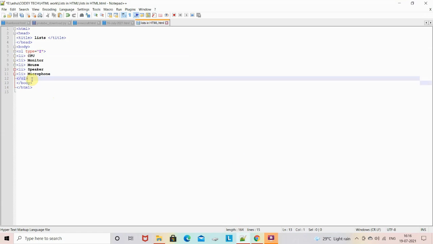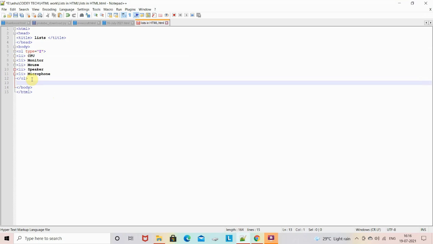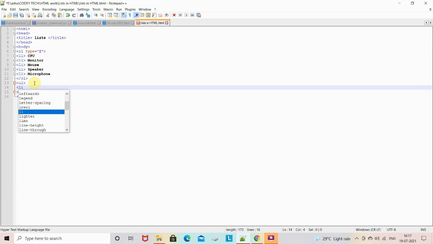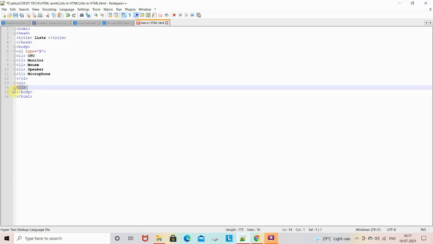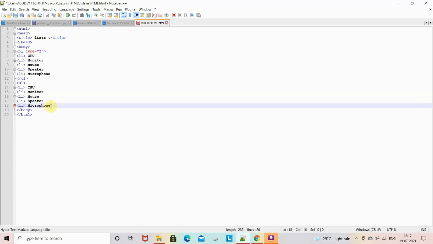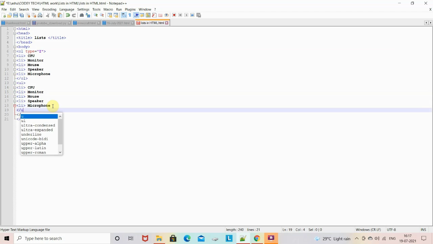In the unordered list, it makes use of bullets or different symbols as you give in the type attribute. So first we will try with the default one, that means we will simply write the UL tag. Then again we will use the list items here. Now I copy this code only. So I've copied it, then I will close the UL tag. Okay, now you can save the document and see the output. First the ordered list with the uppercase Roman numerals, and then the unordered list with the bullets.